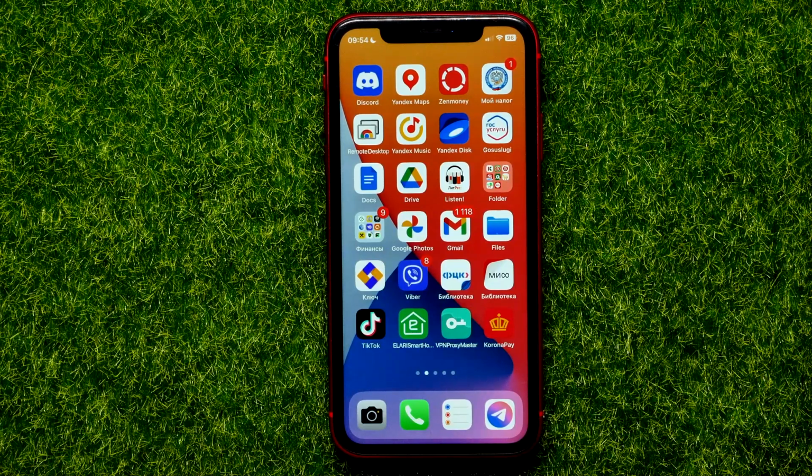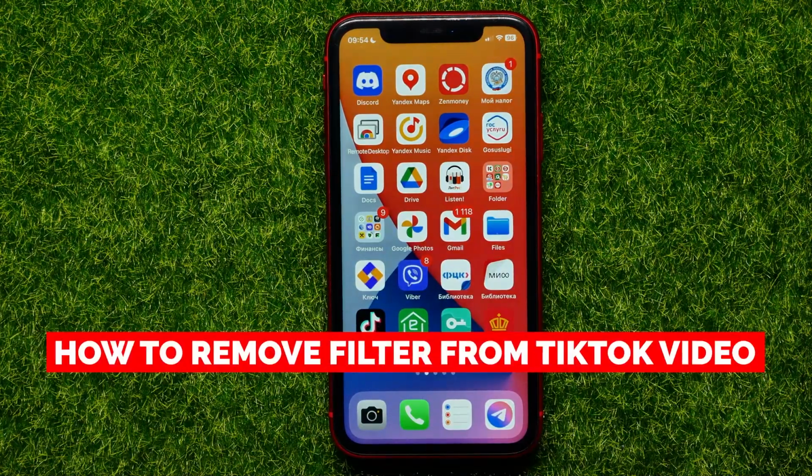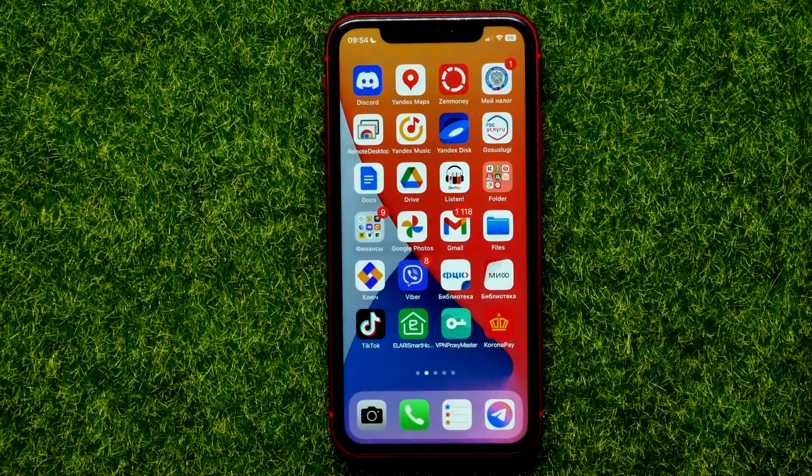Hello guys, welcome back. In this video I'm going to show you how you can easily remove any filter from